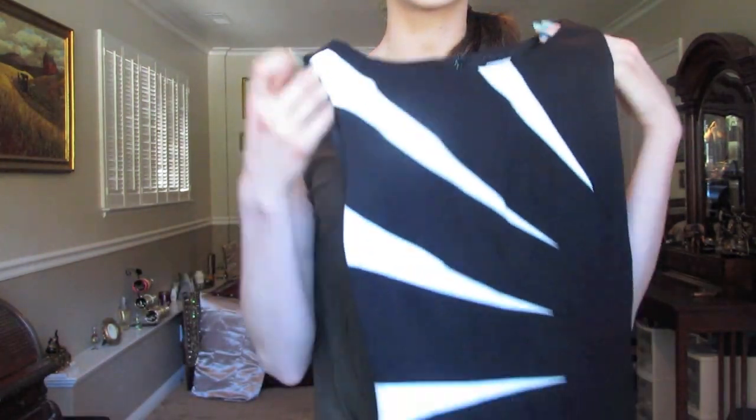I know you guys are going to say it's too old for me, but I love it. It is like this gorgeous black and white dress, very, very business professional. It's kind of a high neck, so it's very, very modest, and it zips down the back, and it's open sleeve, and this is just amazing